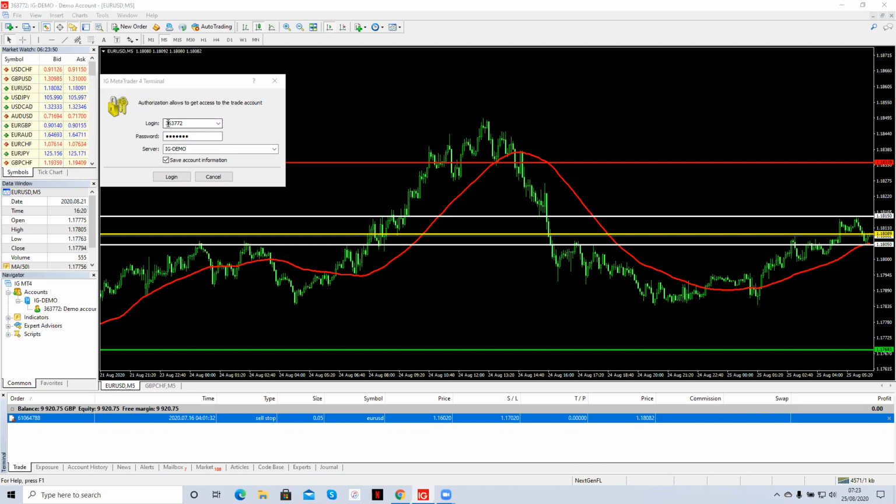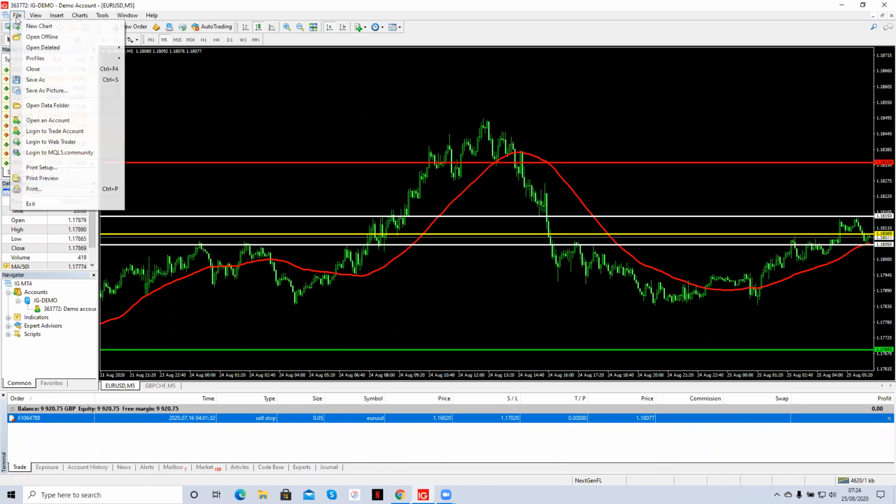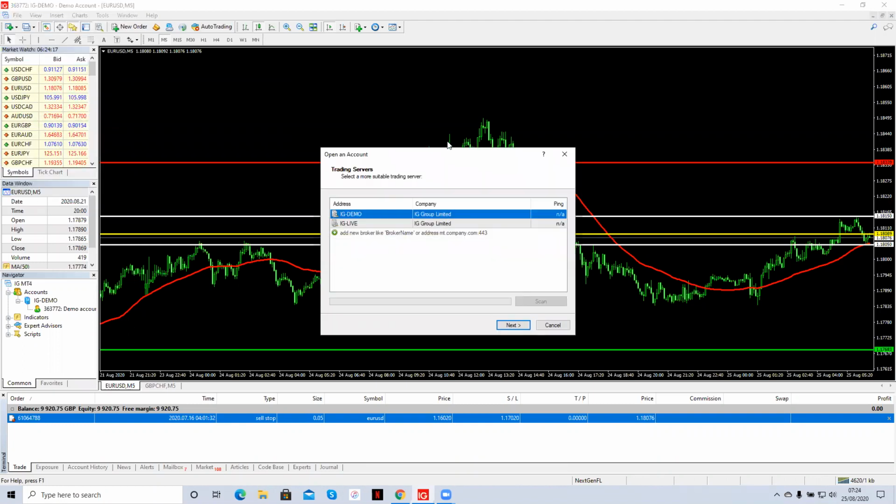So if you have done that, you'll be sent your login number and your password, and then you can put it in there and change that to live. But you need those details first. Can I open the live account from that same file tab? Because there's an option to open account there. You can try it. I've not done that before. So it says here open an account, so you could do that and try, but I haven't done that before. Usually I've done it online. And of course, because it's a live account, they will need some of your personal details.